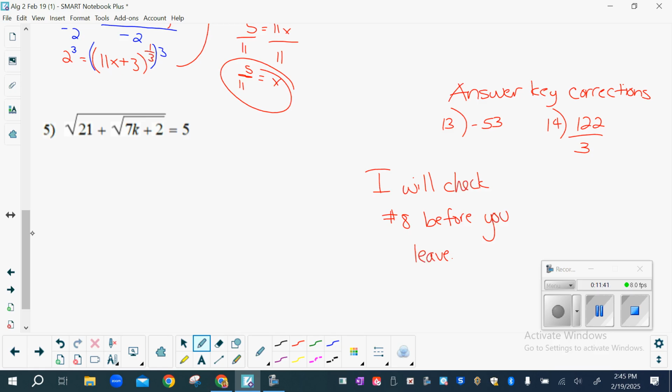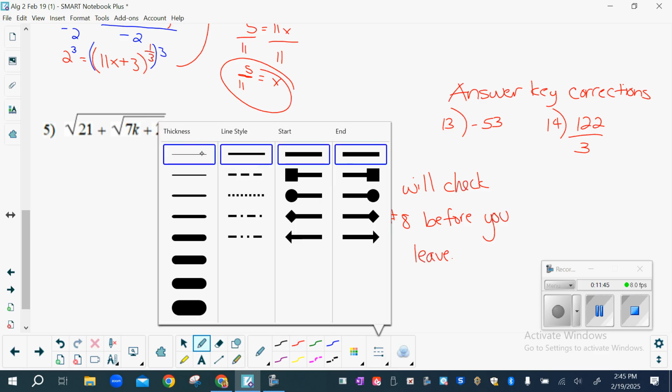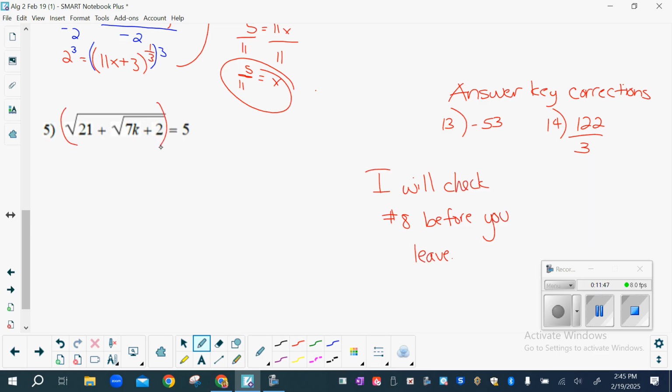You first square it. So you're on the right idea. You want to square it to undo the square root. So it undoes just the outside square root, guys. (21 plus)